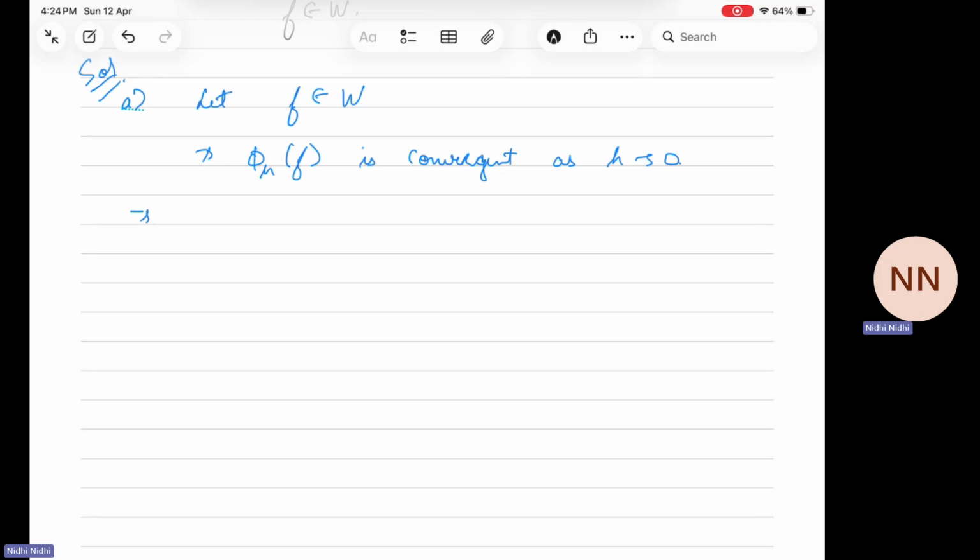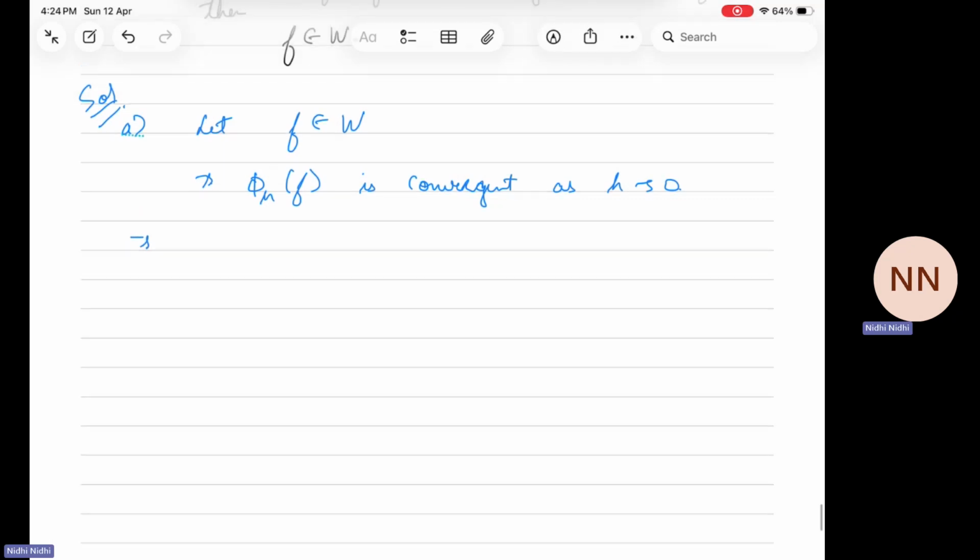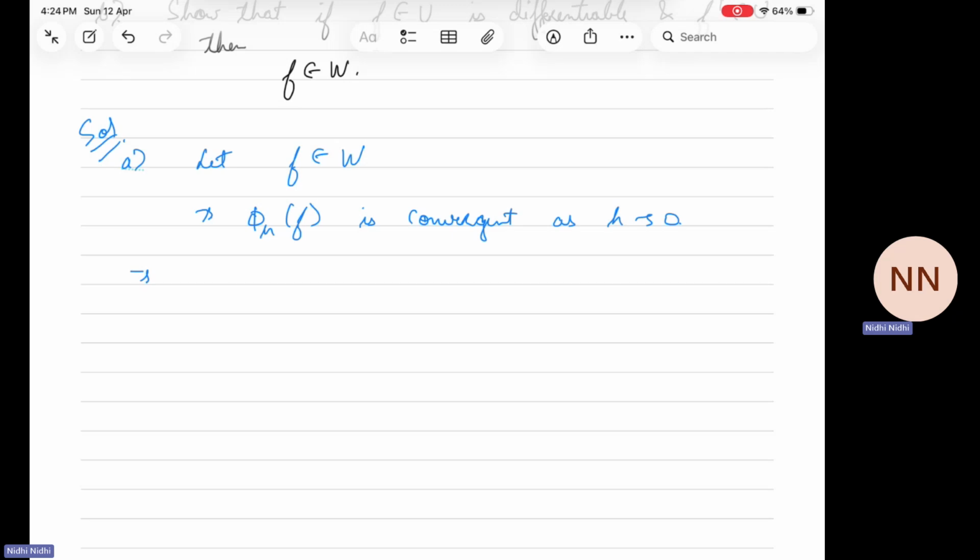Now, if we are talking about convergence, this phi h f is a function, so this is a sequence of functions. As h goes to 0, it is converging to some function. That means there exists some g in, of course, V, because everything is in V, such that